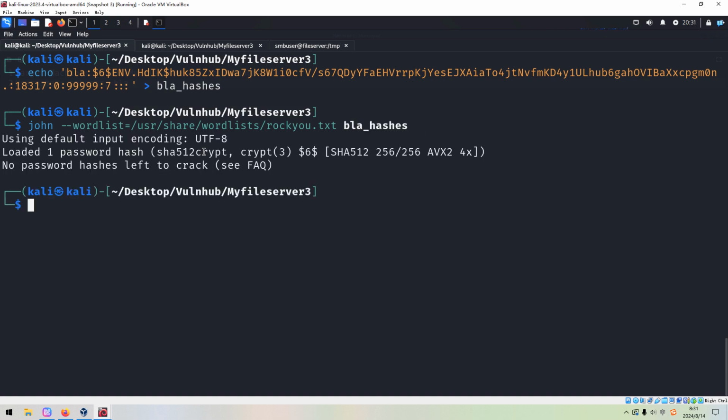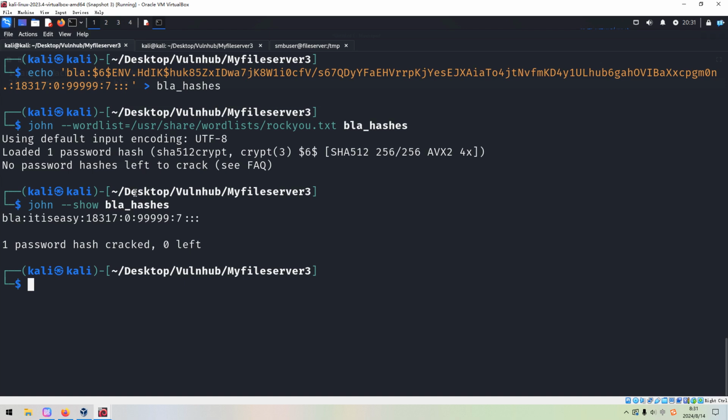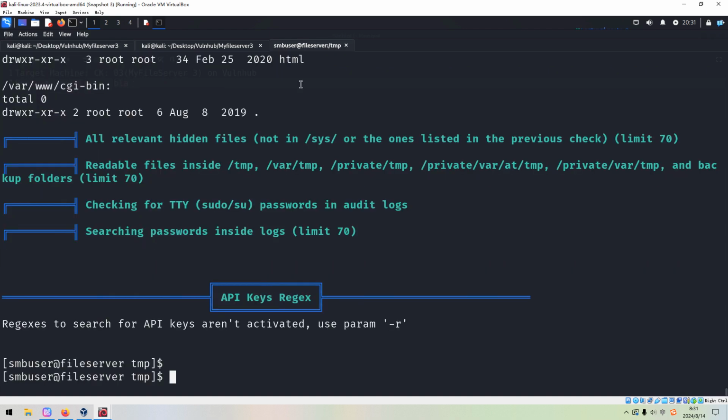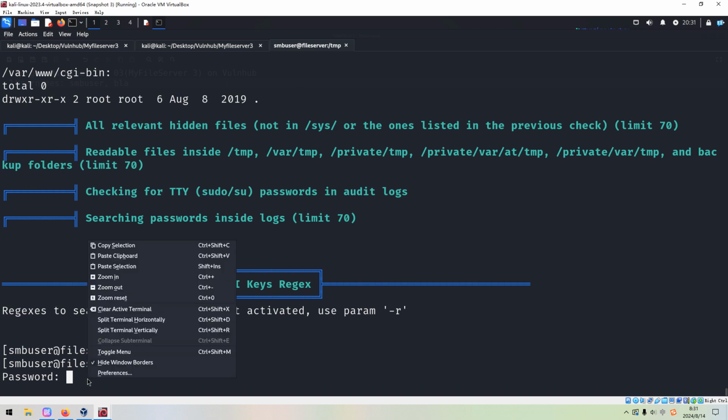Press enter, and because I've already done that before, we can use the show option to display the password. So the password is this one. It's easy, so we can copy it, switch to another user, Bala, and supply the password.